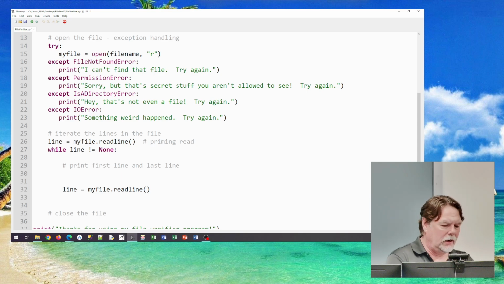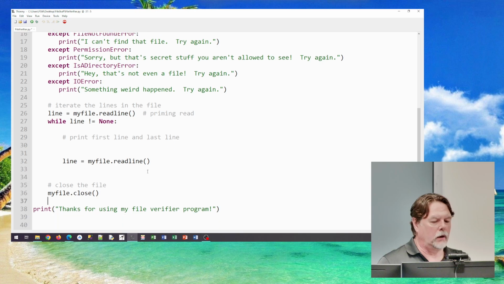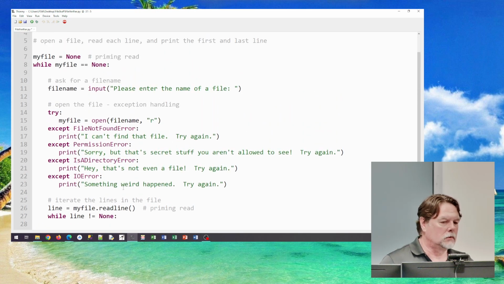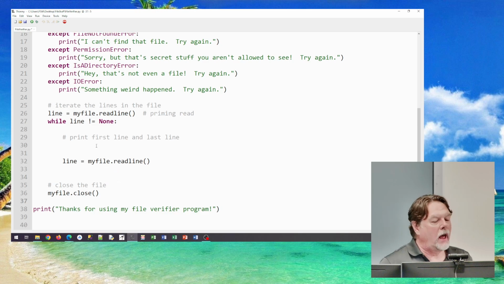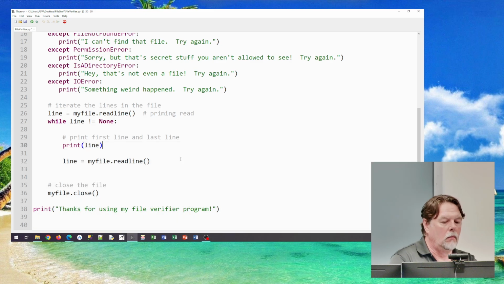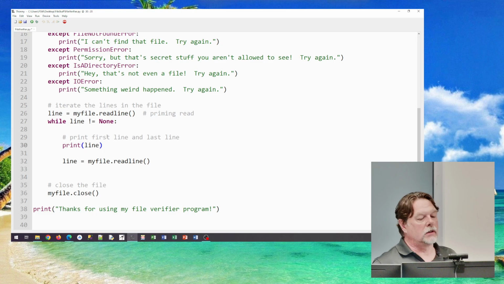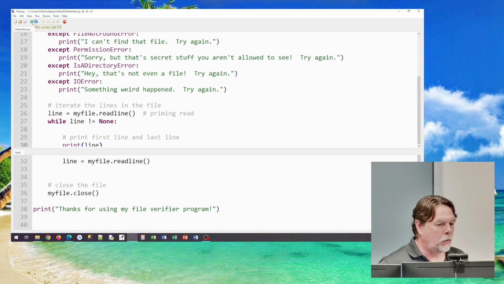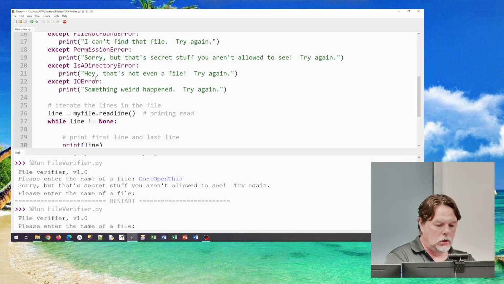I can also jump down here and that's easy, so I'll get that out of the way. Really, all I have left to do now is print the first and last line. So let me run it right now, and I'm just going to print line for now. It's not the first and last line, it's just every line, right? So if I run it and